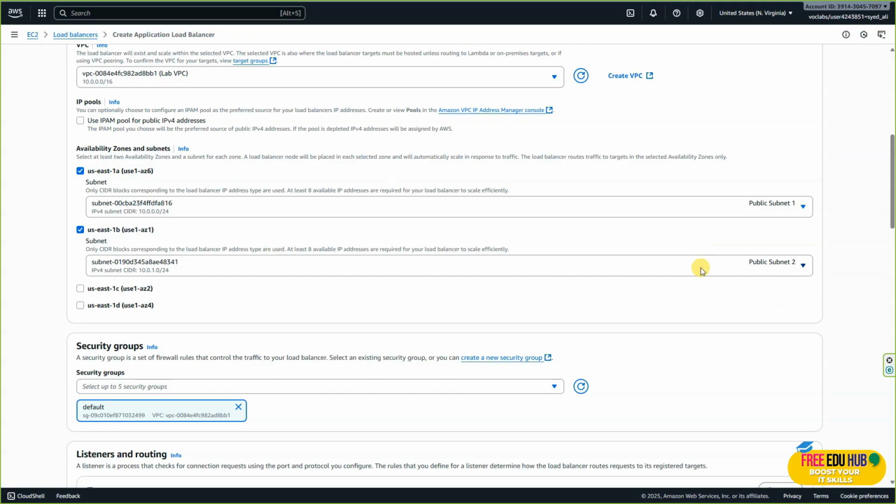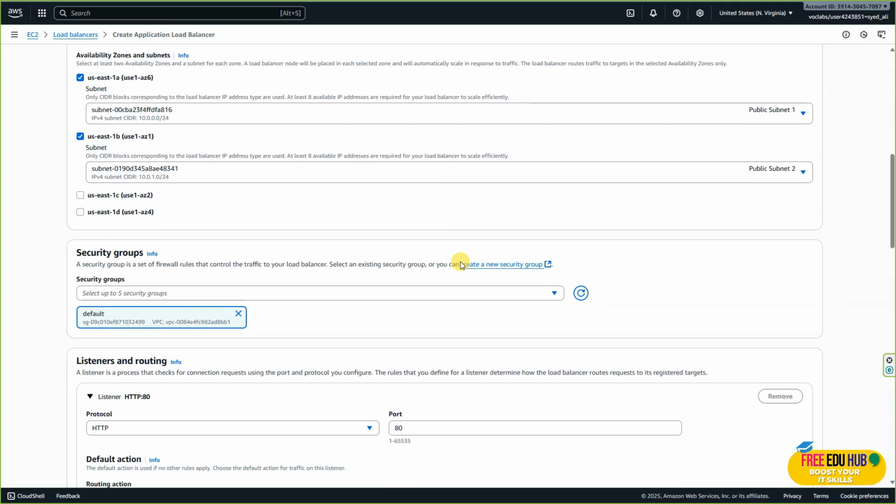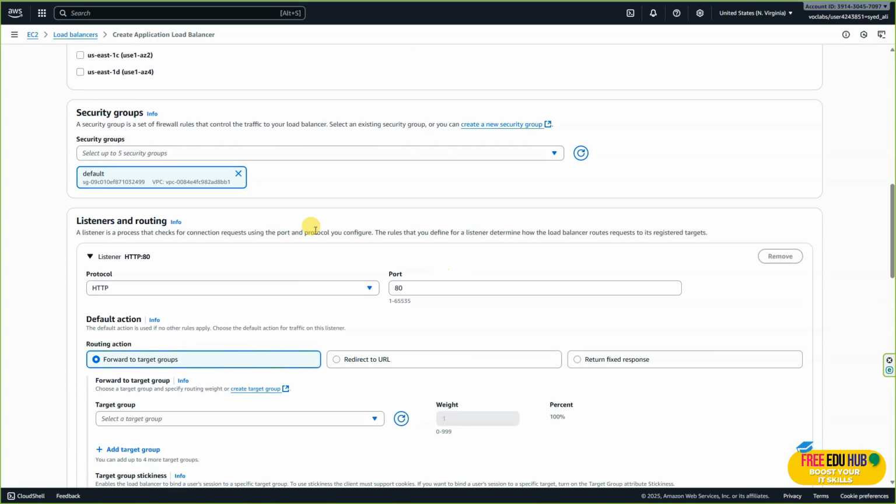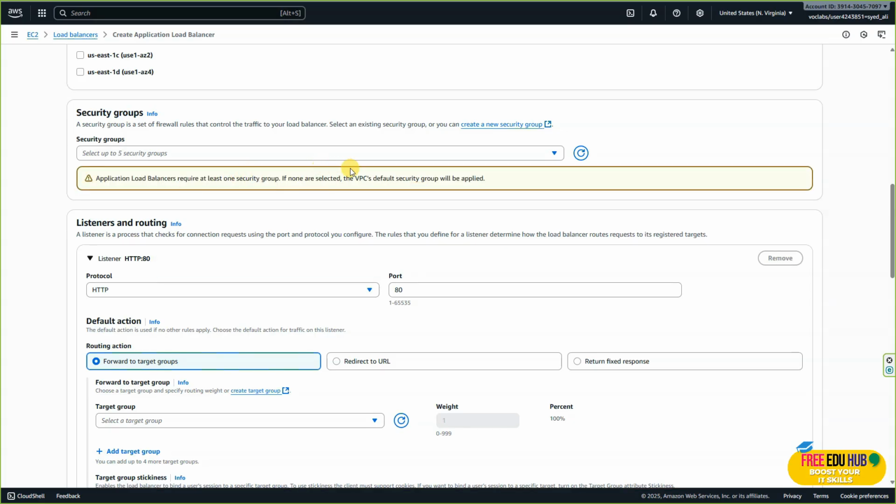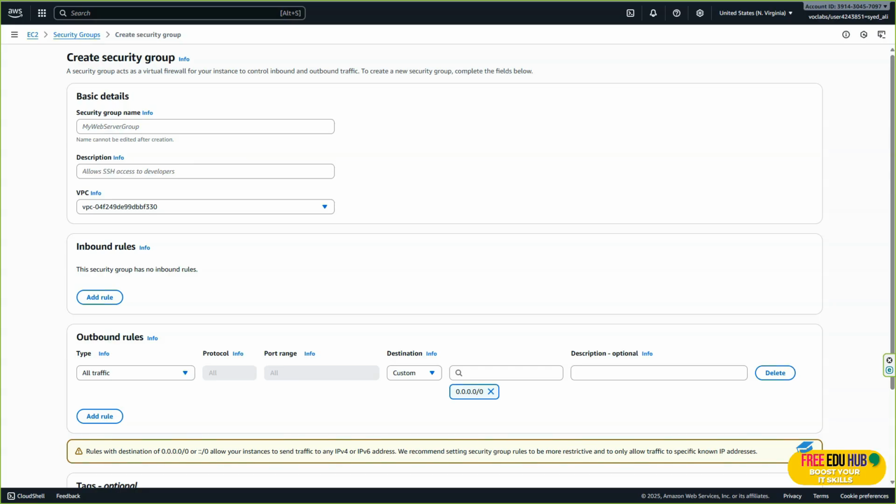Then we'll scroll down, and under the security group, just make sure that you remove the default one, and we are going to create a new security group over here. Now this security group will allow the HTTP traffic from anywhere. So as you can see that it is for web server, so I'll call it as